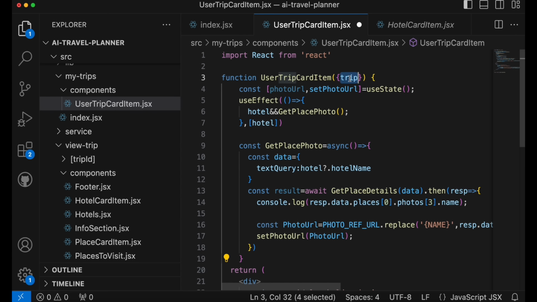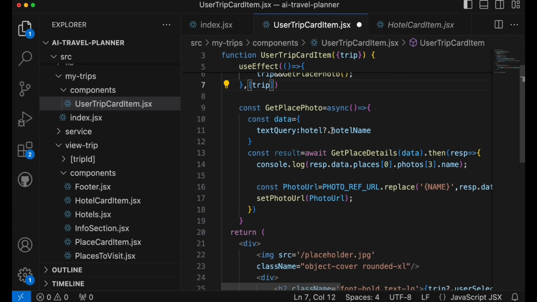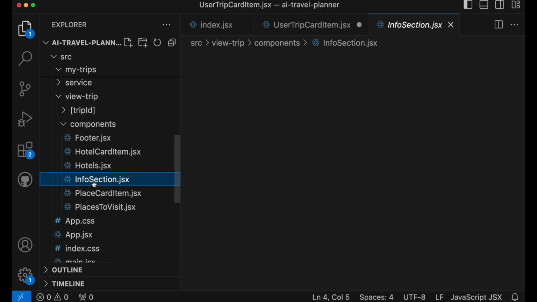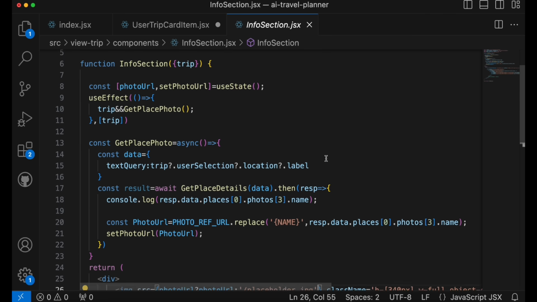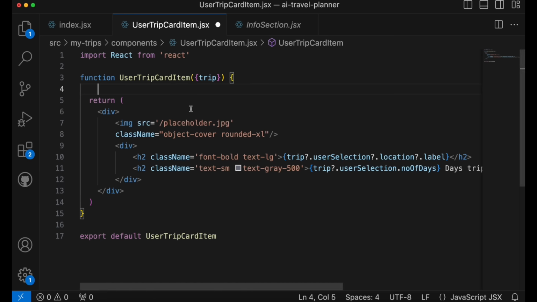So obviously instead of trip, hotel, we'll add a trip if trip information is there. Okay, or let's undo this one and I will copy exactly from the info section, because that's quite matching with everything. So I will copy this as it is, so you don't need to replace anything, everything is here, and paste